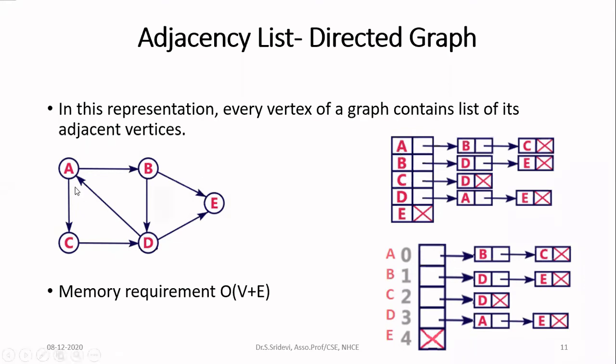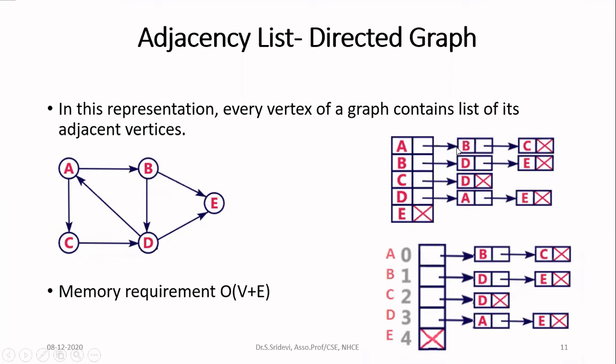But here I have node A, which is having 2 neighbors B and C. So simply I am writing them in the linked list. And in the node, in the second node, in the data field, I'm going to store B. In the link field, I'll store the address of the next node. And in C, in the link field, I'm going to store null because A is having only 2 neighbors.